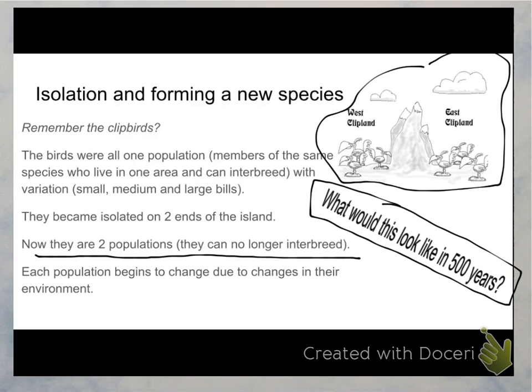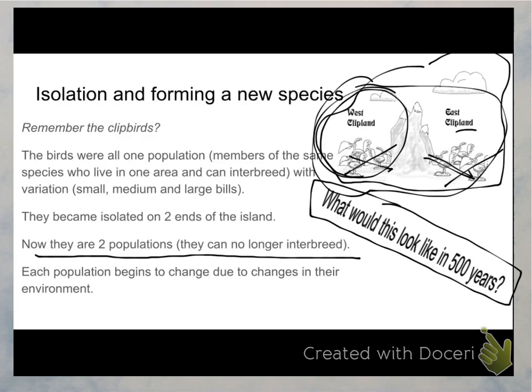What if they can't mate with each other? Well, no, because this is, remember, starting out, good question. Starting out, this was all one species. So on the west and on the east, it was all one species. All the birds on the west, after the mountains popped up, were still breeding with one another. So big bills and small bills and medium bills could still breed. But I think we'll say everybody but the big bills died out on the west. So it was all big bills. On the east, everybody but the little bills died out. So it was all little bills. So 4 generations out,